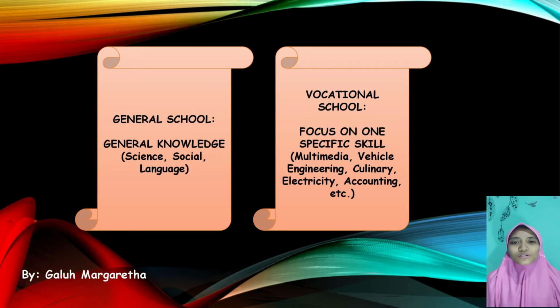In the general school, there are three knowledge classifications. Commonly, there are science, social, and language. This is the general knowledge. So in this general school, there is only general knowledge too. But in vocational school, there are more than three knowledge classifications,